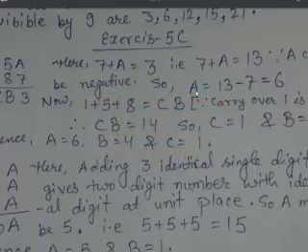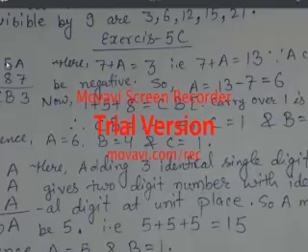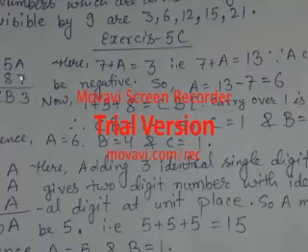So a is equal to what? 13 minus 7, that is 6. This 7 comes to this side, so 13 minus 7 is equal to 6. So in this way we get the value of a. Now 5 plus 8, sorry, it is addition, so it will be 13, and 1 will be carried.